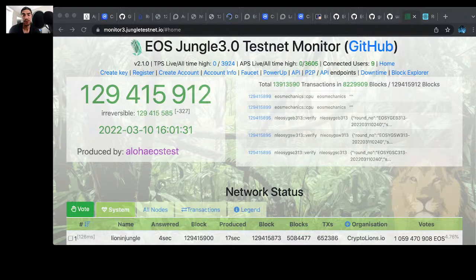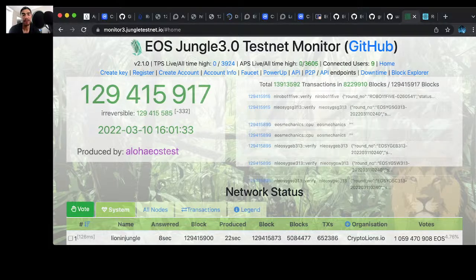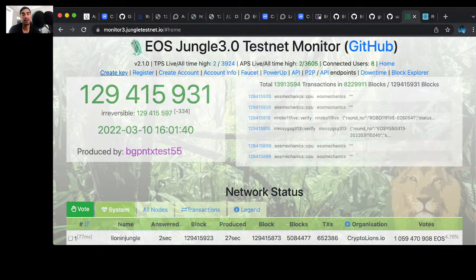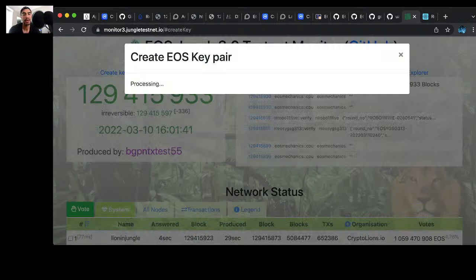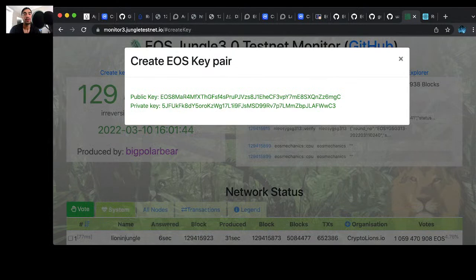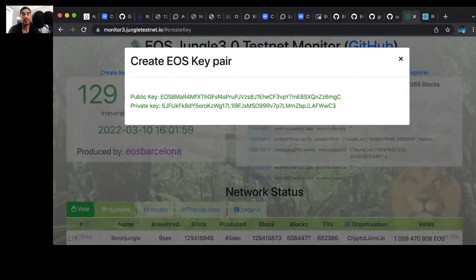And what that page allows us to do is a couple of things. One, you can actually create some keys. So you can create a public key and a private key. And what you want to do is create that key pair so you can actually create an account. So you can use this public and private key to then, once you write this stuff down,